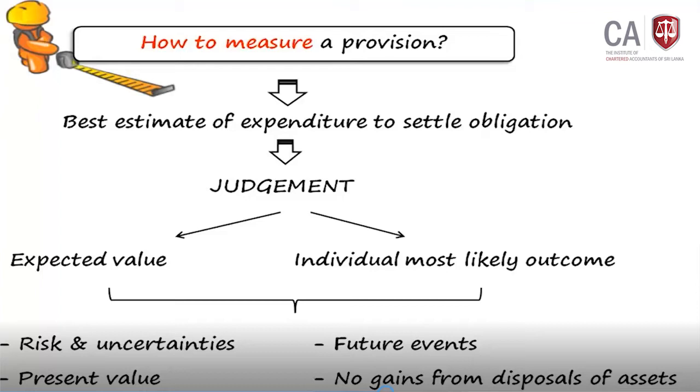That depends on the strength of the evidence, risk and uncertainties. The decisions will come in future. Because of that, we identify it as what? Future events. Since the settlement is in future, today you have to recognize what? Present value of that. And any gain or loss of disposal of assets will not be recognized,